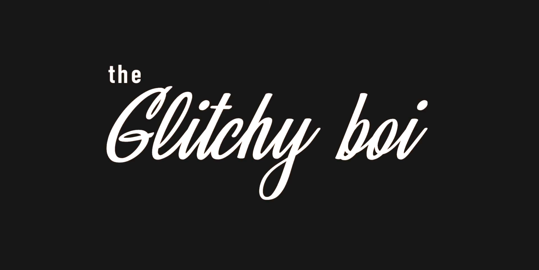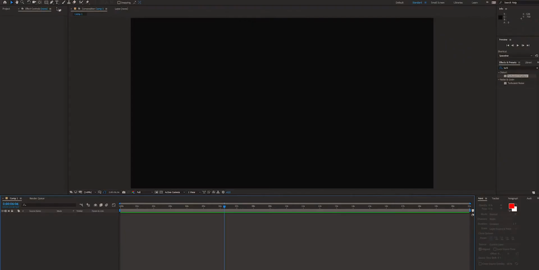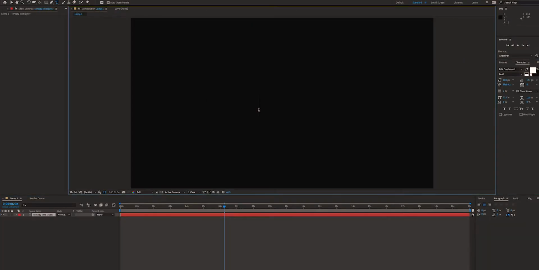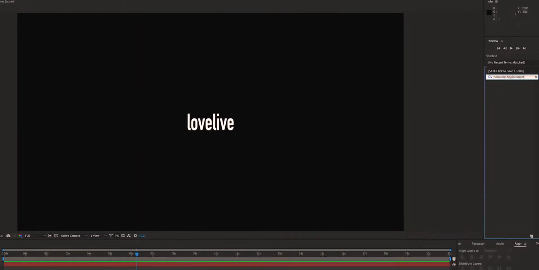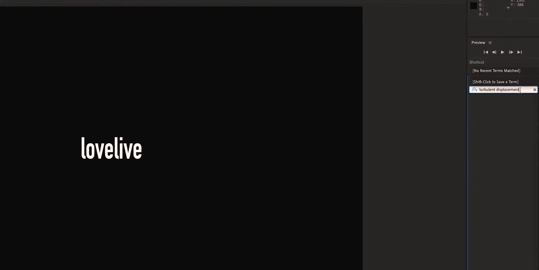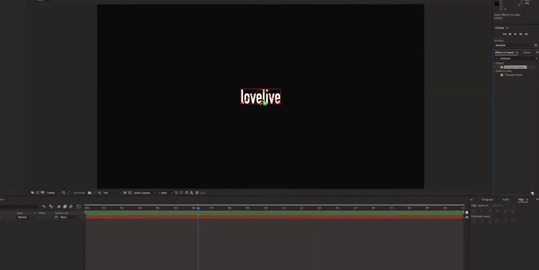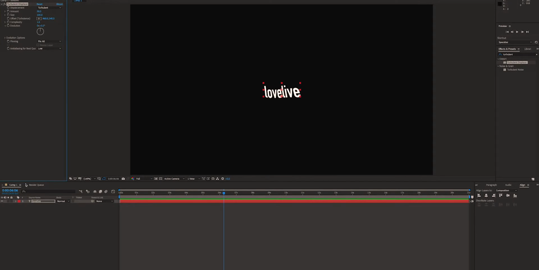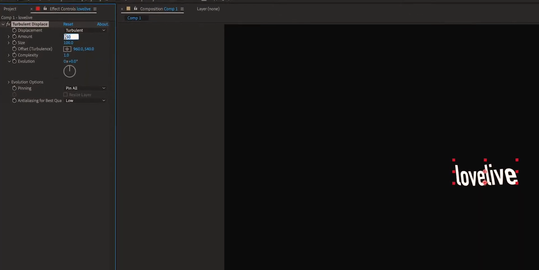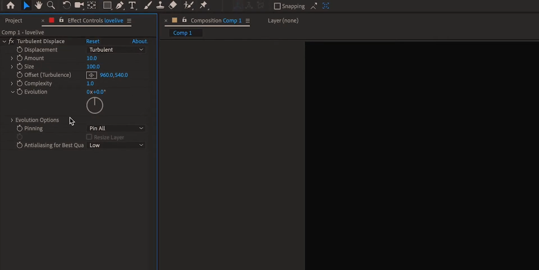So this very first method is the glitchy boy, as I like to call it. This is probably the easiest method of all of them. So what you're gonna wanna do is go into After Effects, create a new text. Go over to your Effects and Presets tab, go to Turbulent Displacement. You can just type it in. You're gonna drag the turbulent displacement onto your text layer, find displacement. You're gonna change that to horizontal displacement, change the amount to 10, your size to 100, complexity to 5, and